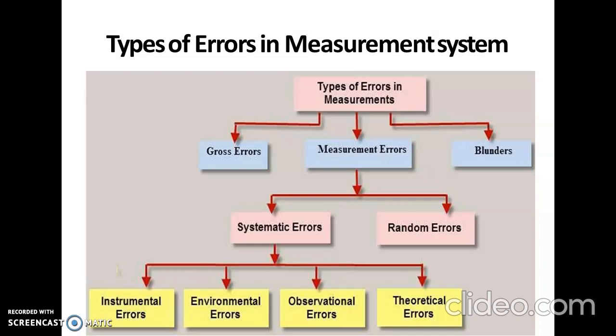Another one is theoretical error. The theoretical errors are caused by simplification of the model system. For a simple example, a theory states that the temperature of the system surroundings will not change in the readings taken when it actually does. Then these factors will become a source of error in measurement. Next one is random error. The random errors are due to unknown causes, and they occur when all systematic errors have been accounted for. These are caused by factors that randomly affect the measurement.